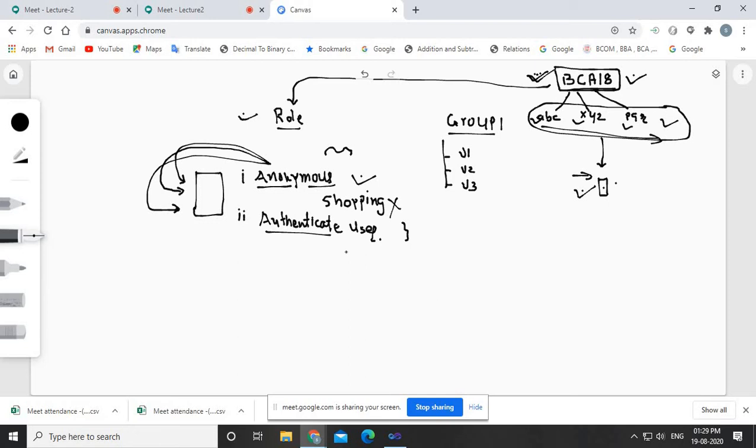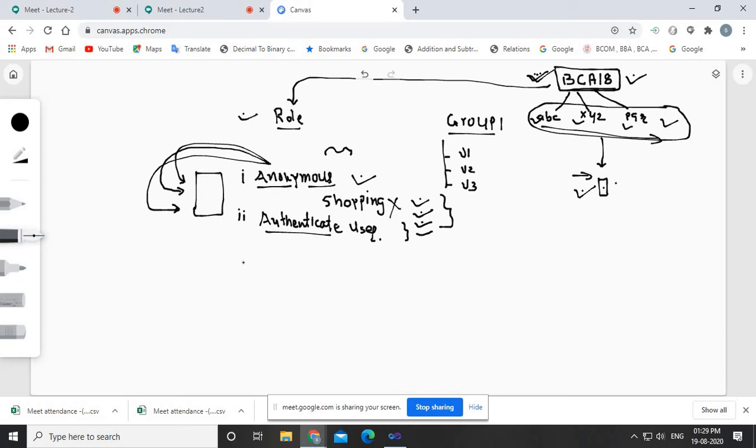Plus additionally, the authenticated user can do the shopping, can see the status of the previous orders or the current order in the pipeline. He or she can see the payment details and all. So on these pages we are allowing authenticated users, pages like viewing past records, payment history or shopping. These are the pages on which anonymous user is actually not allowed. So this is what a normal hierarchy is.